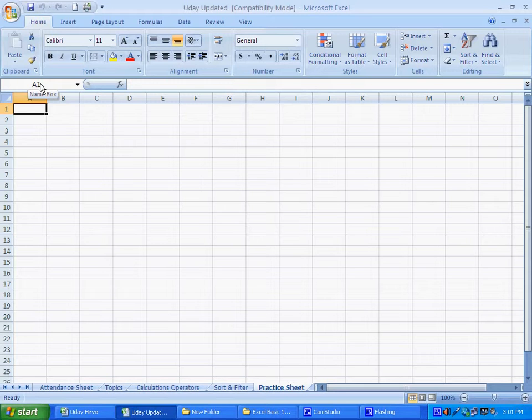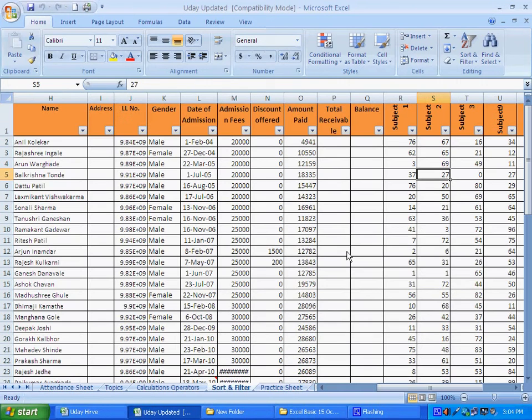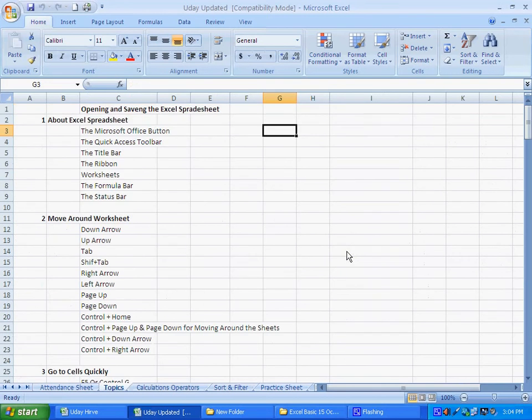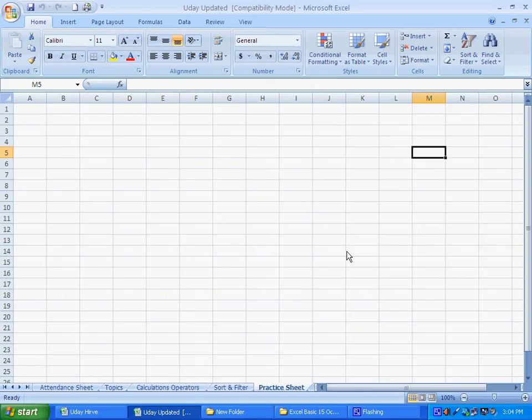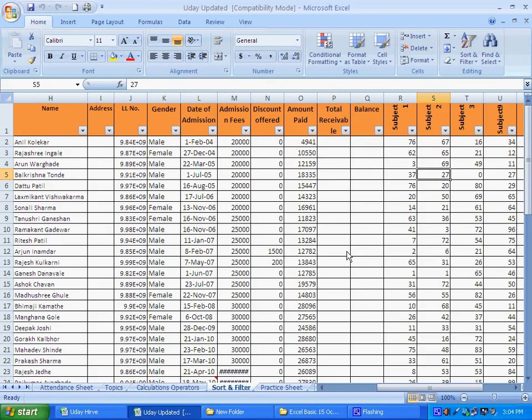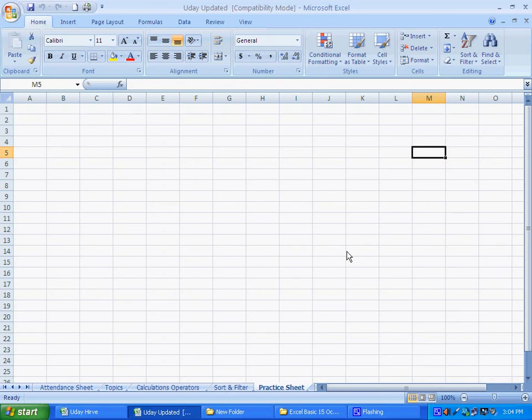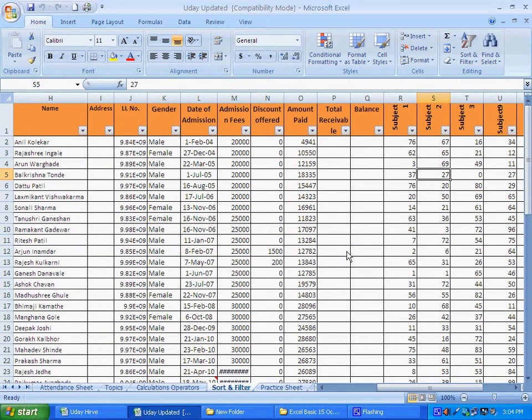Right now I am in column A and row number 1. So Control Home is for when you want to return to the first cell of your Excel spreadsheet. As soon as I press Control Page Up, I can move around through various worksheets. So Control Page Up and Control Page Down are for when you want to go through the various worksheets in the same workbook.